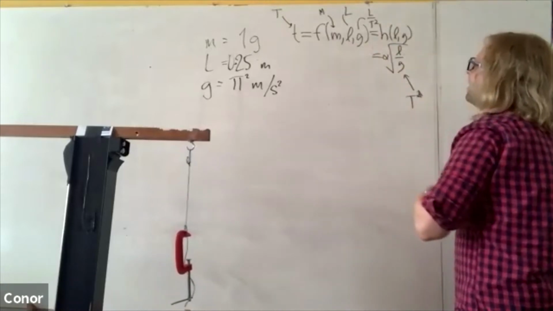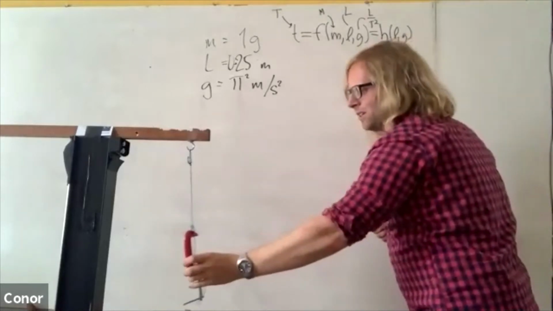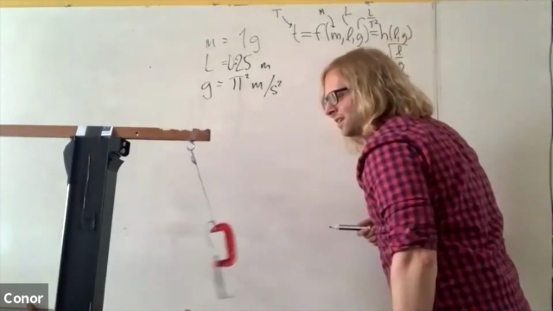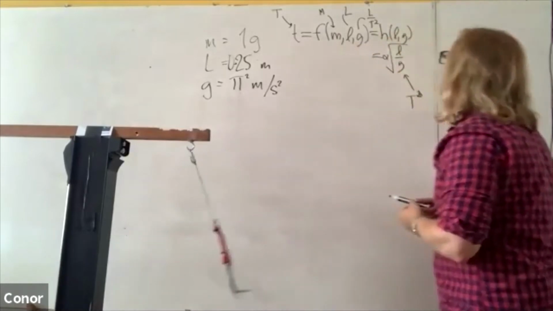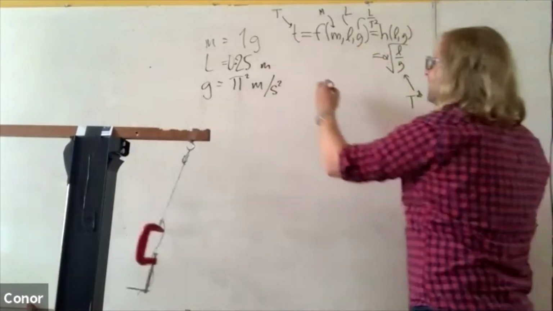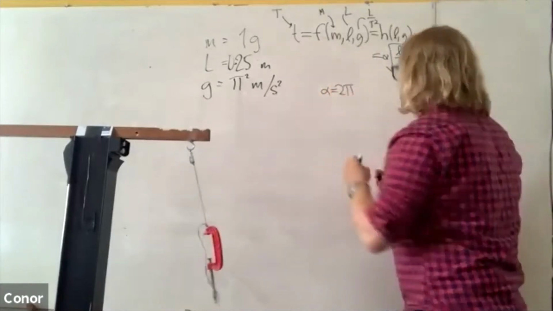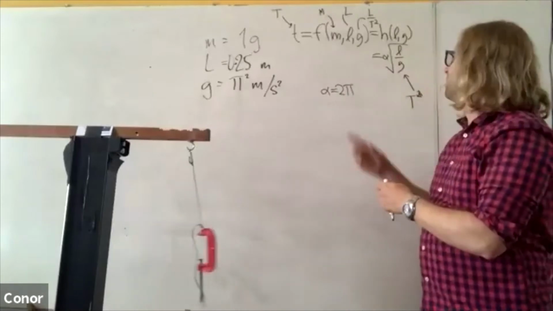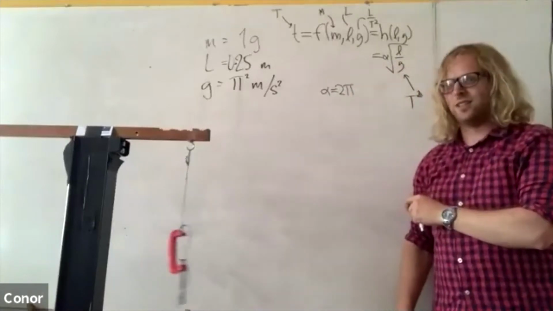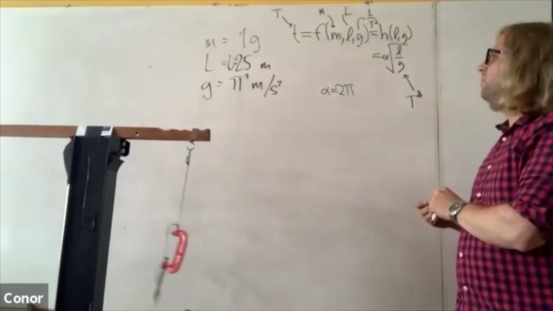Let's call it alpha. But that's okay because I can just do an experiment and measure how long it takes to do this. It's about 1 second. And then I can plug in the numbers I know in order to get the alpha out. And if I do that, I believe I get that alpha is going to be 2 pi. And of course, if you're a real scientist, then you would do this 100 times instead of just 1 time. Right? Yeah, or you can solve a differential equation,